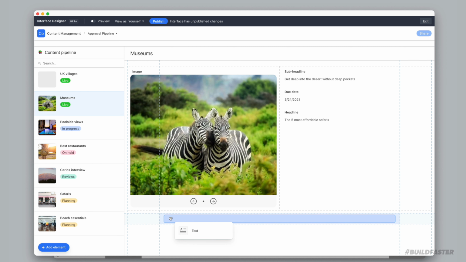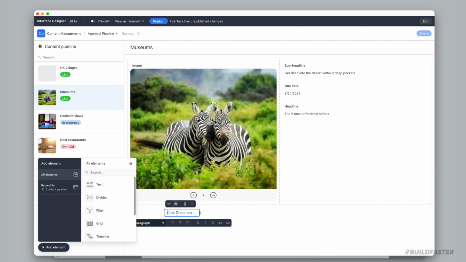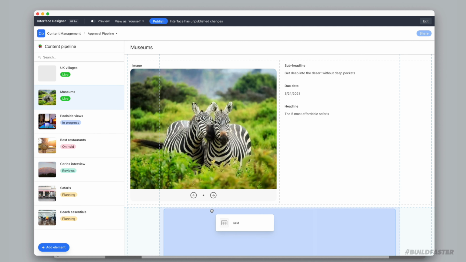Once you move it as well, you can kind of like resize it a little bit, and you get access to some text effects and whatnot. I'm going to delete this. You can also add grids, which is a really interesting feature. So let's say part of my content pipeline approval workflow, I just want to have a random grid at the bottom